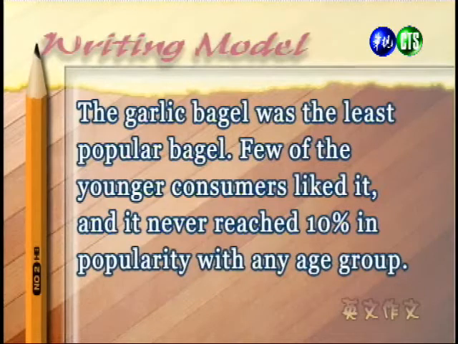Few of the younger consumers liked it, and it never reached 10% in popularity with any age group. 好，我们看到这个荧幕上显示出来的段落，就是刚刚在写作范例中描述大蒜贝果的段落。And so now, again, this description emphasizes the overall results of the garlic bagel. 好，那刚刚那个段落，它是描述了关于大蒜贝果受欢迎程度的整体状况。